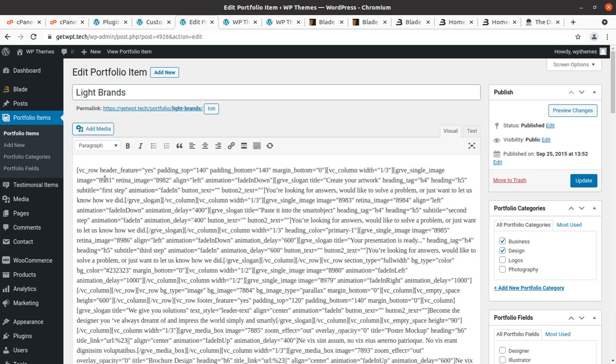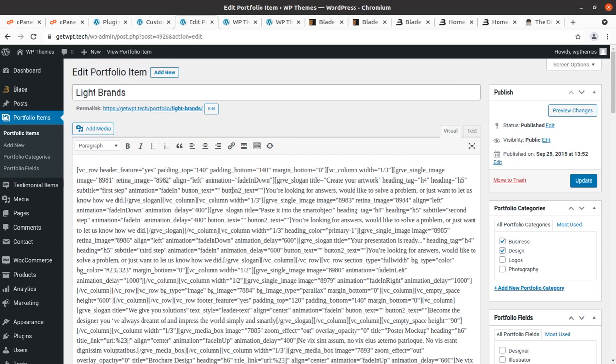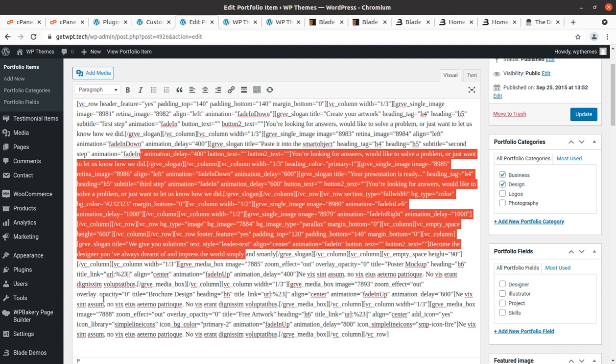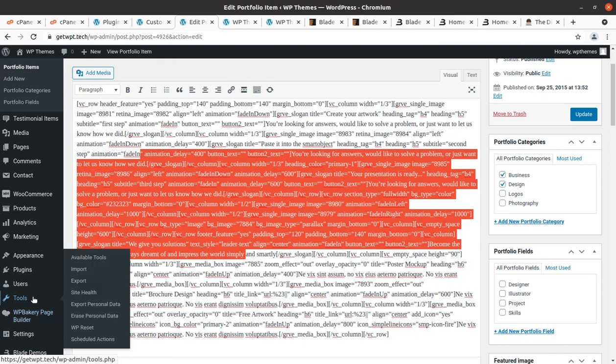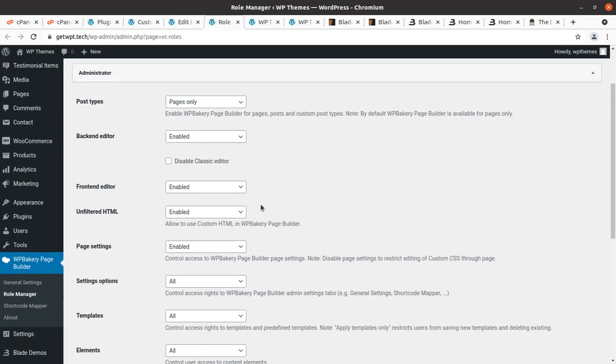This is being the fields. So again it is showing some code like thing, and you might get confused why it is looking like this, as this theme uses WP Bakery page builder, so it is not active for the portfolio. How you can activate the WP Bakery page builder, I'll show you. So go to the WP Bakery page builder tab in the menu and click on the role manager, and in the role manager you have to select post types.